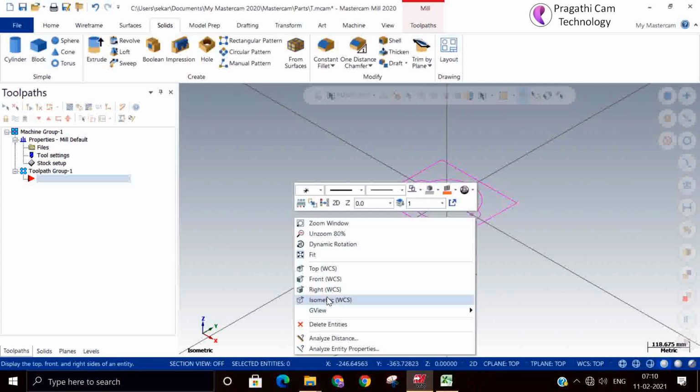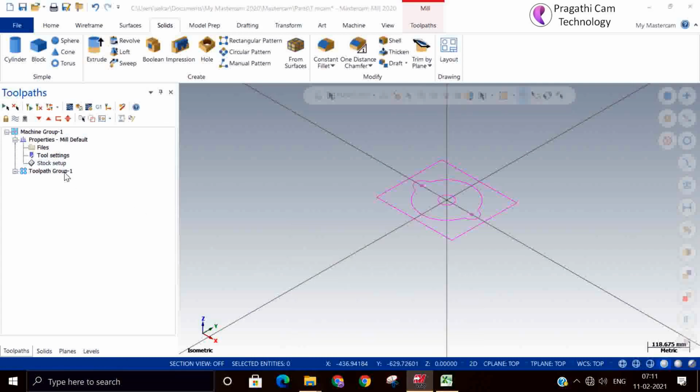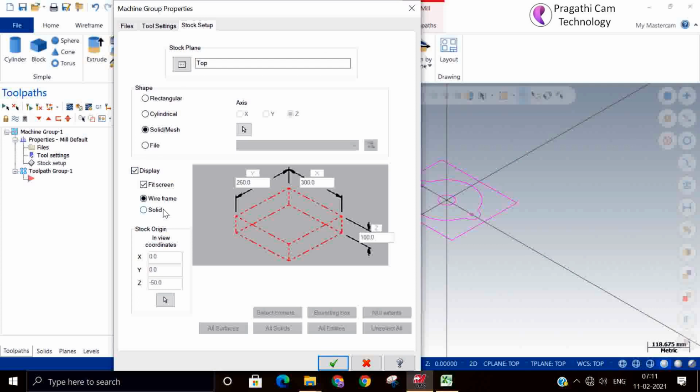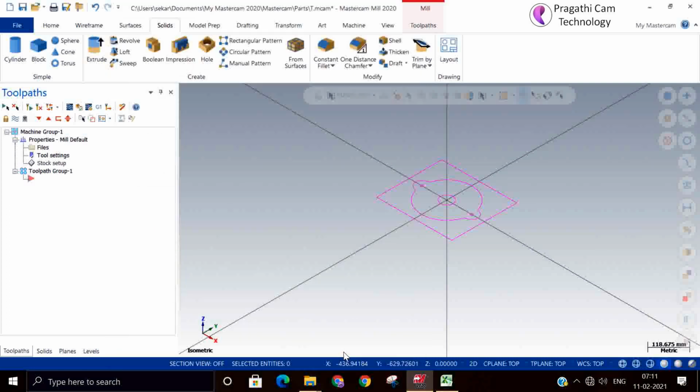Stock is there still. Now make it a rectangle. Let it be 0, 0. So where else can we define the stock? You can go here where solid stock and mesh you can directly give it here.